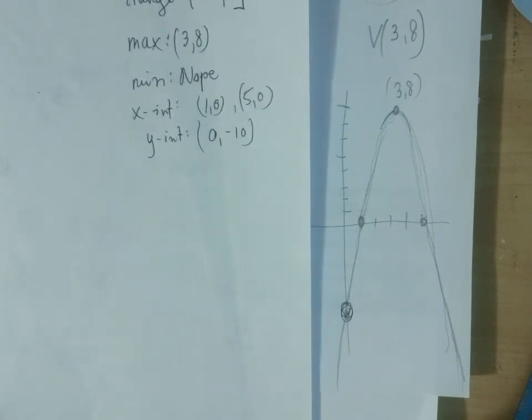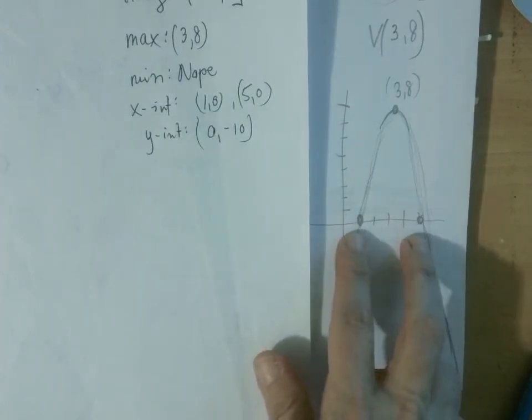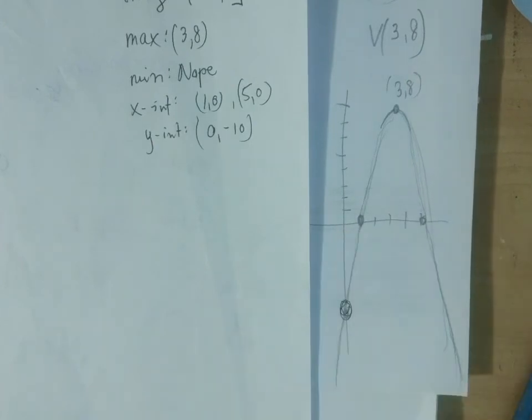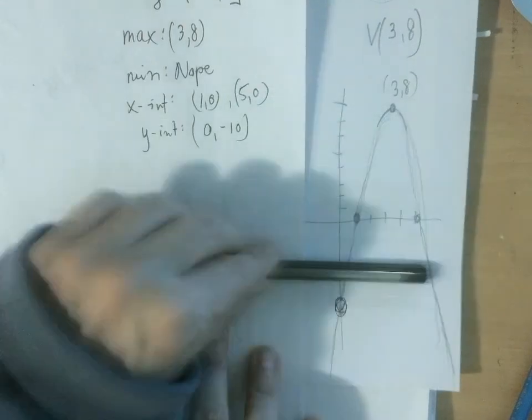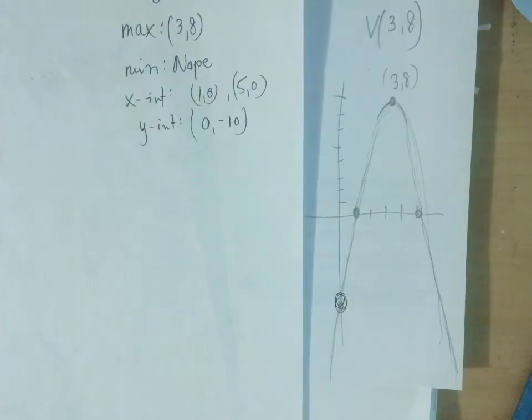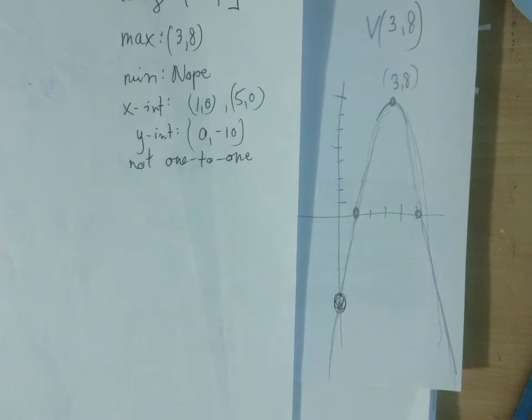And the answer is no, very badly not 1 to 1. Even the 2 x-intercepts mean game over, right? We have 1 and 5, two different values for x that have the same value for y, namely 0. So this one fails the horizontal line test just about everywhere. This is the exception. So this is badly not 1 to 1. So now what we're going to do is look at the same assignment,